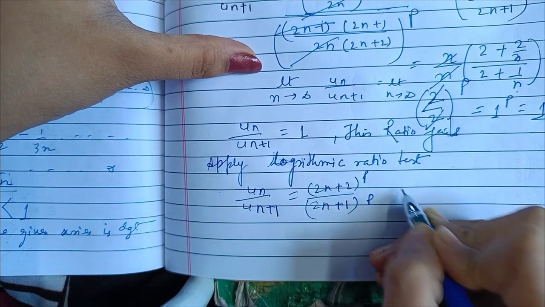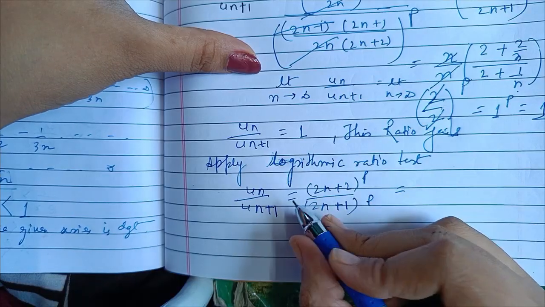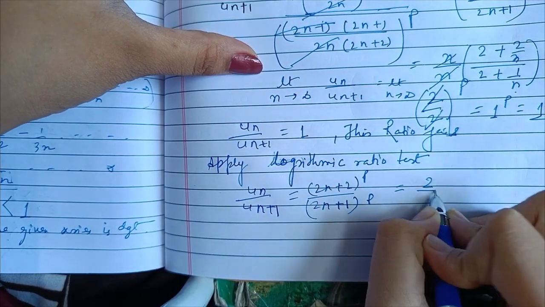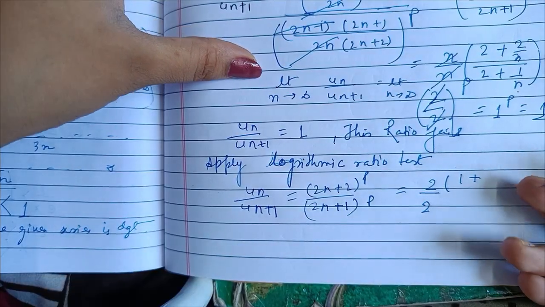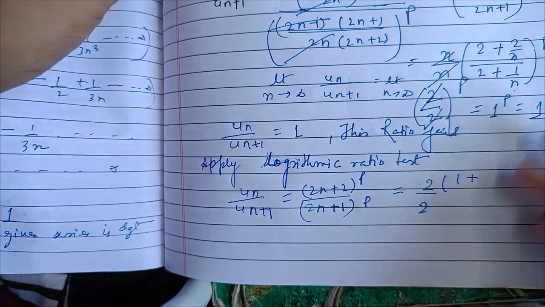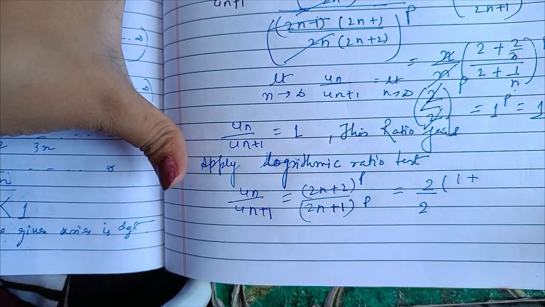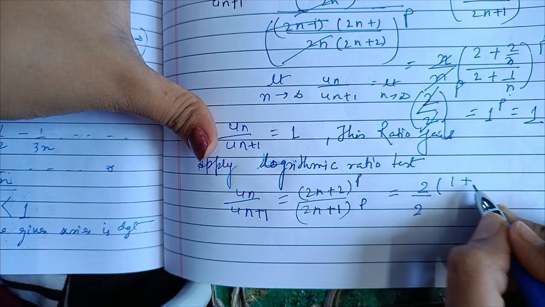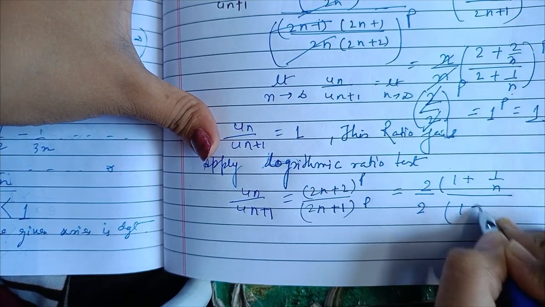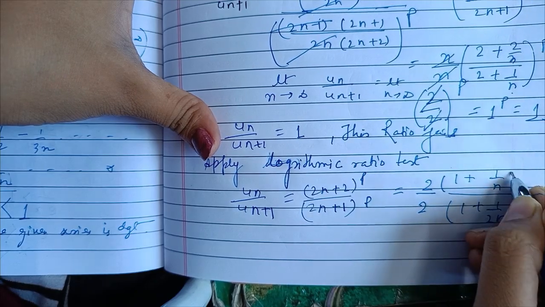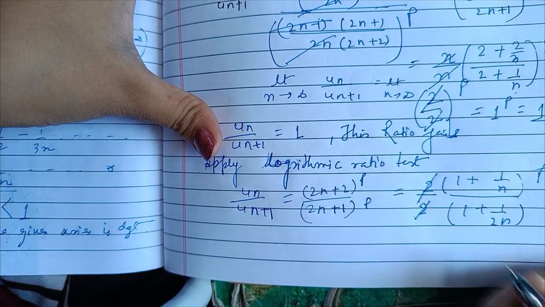p. I'm taking 2 as a common. Here also I'm taking 2 as a common. You can also take n as a common. I'm just making it more simple, like 1 plus 1 upon n upon 1 plus 1 upon 2n power p. Now